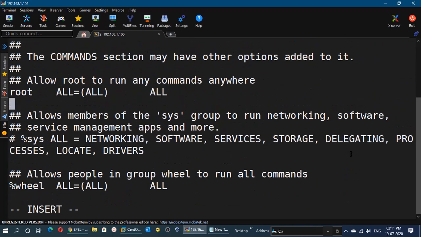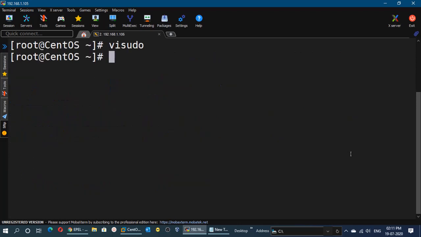So here I will mention Vikas Nehra ALL=(ALL) ALL and save this file. So I have made an entry for this Vikas Nehra user.